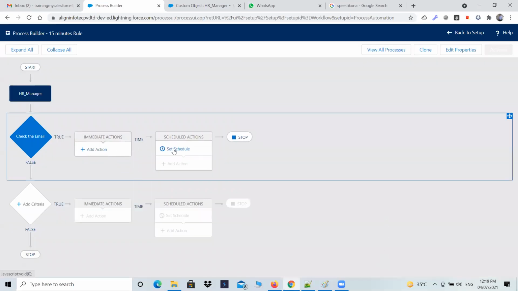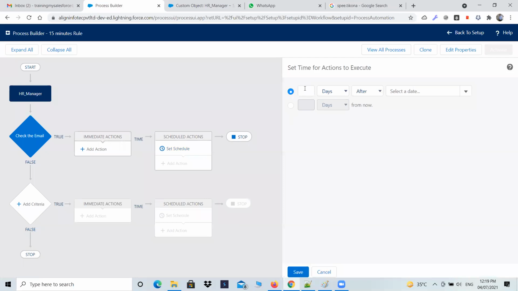Now immediate action नहीं है, मेरे को scheduled action यानी time dependent actions लगाने हैं, ठीक है, time dependent actions लगाने हैं. तो go with the scheduled action. यहाँ पर भी आपको same problem आती है, hours और 1 hour के नीचे आप जा नहीं सकते, सेम प्रॉब्लम, ठीक है. इसलिए आपको फॉर्मूला बनाइए. See the same formula you can even use here also, same formula, ठीक है. Let's go with this, make it save,